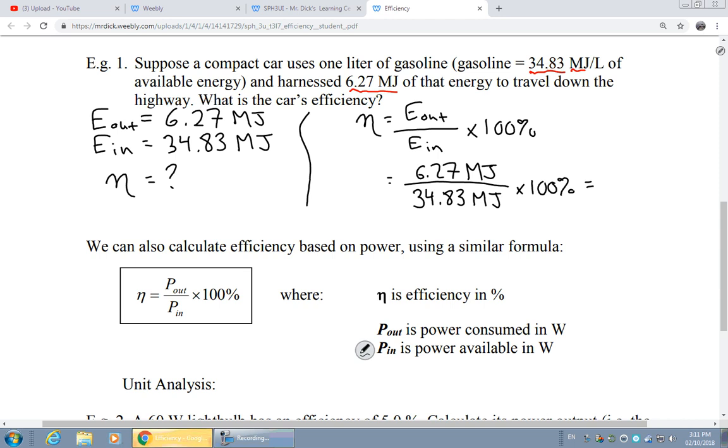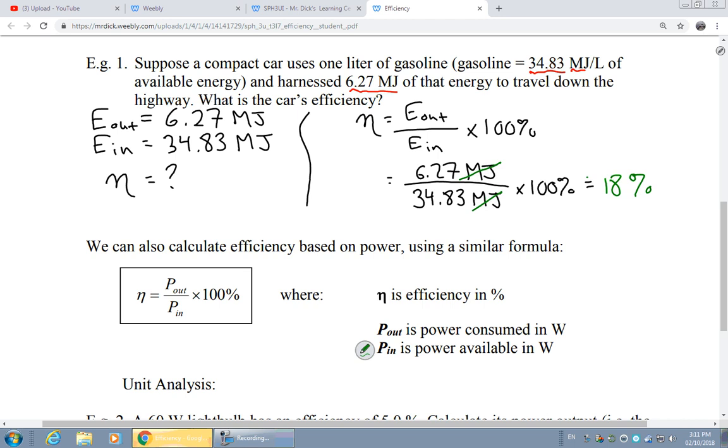When you divide the megajoules parts, we're taking megajoules and dividing by something that's also in megajoules. So as long as the other one is also in megajoules, those two units will cancel one another out. When you divide the number parts, 6.27 over 34.83, you'll get a decimal number that's about 0.18. When we then multiply that by 100%, we get approximately